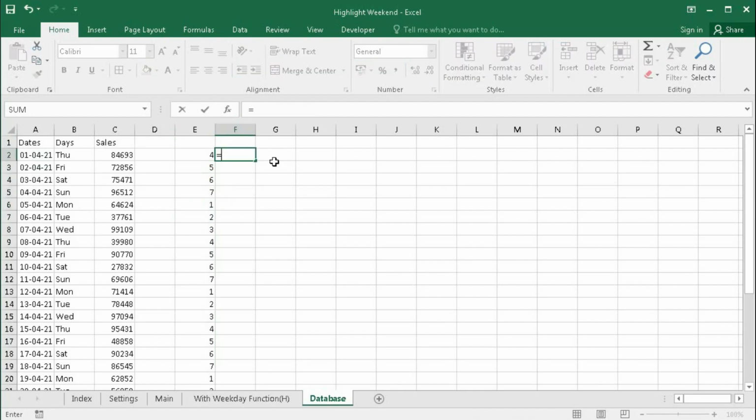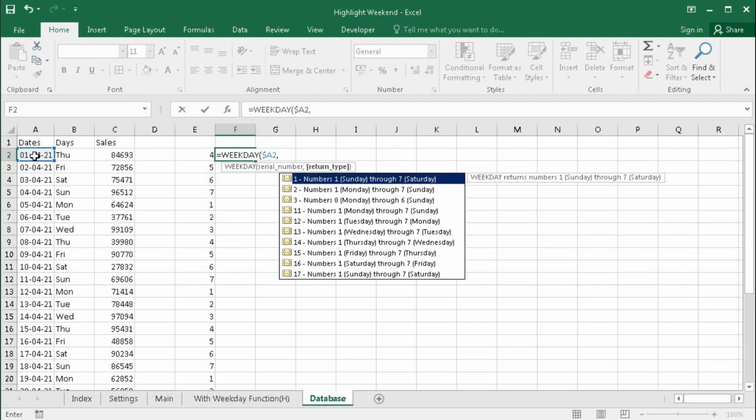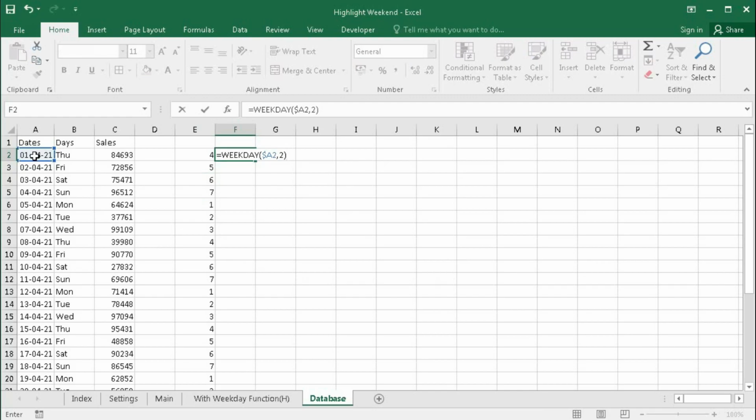So equal to weekday, then select the date, comma, return type 2, bracket close, greater than 5, press enter. We got false because this serial date is 4.